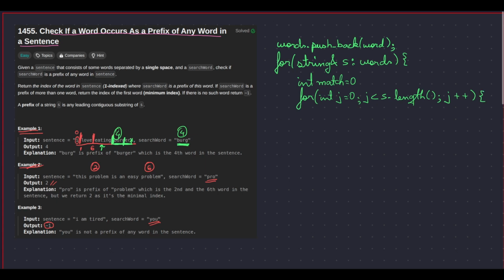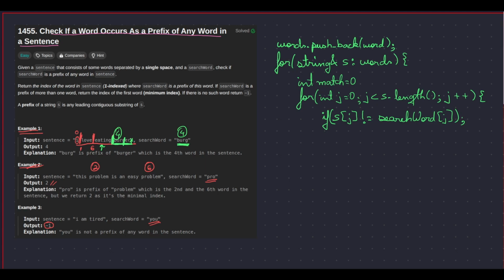So now what we will do is basically compare each of the characters from the word and the search word. So if s of j does not match with the search word of j,